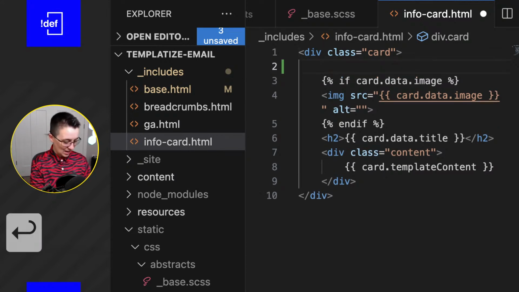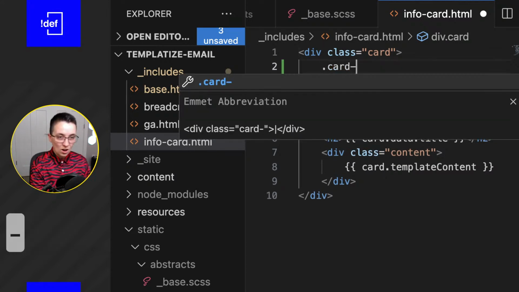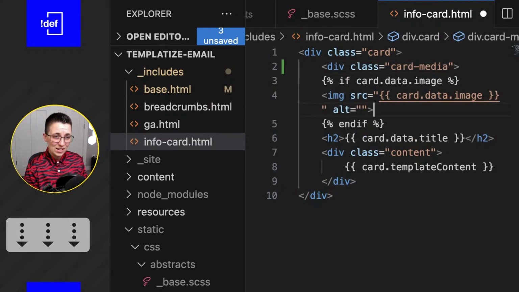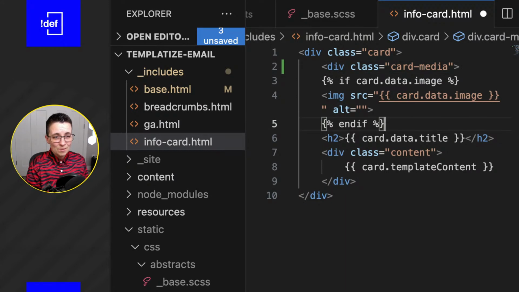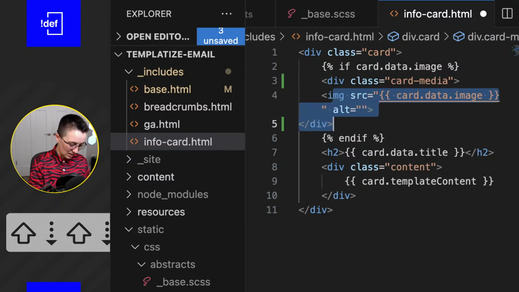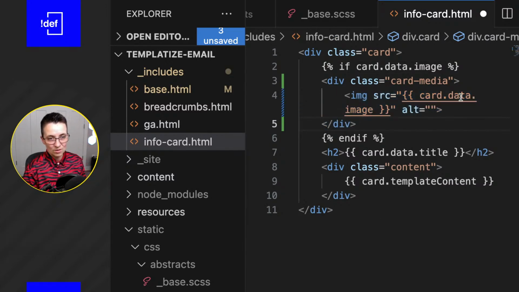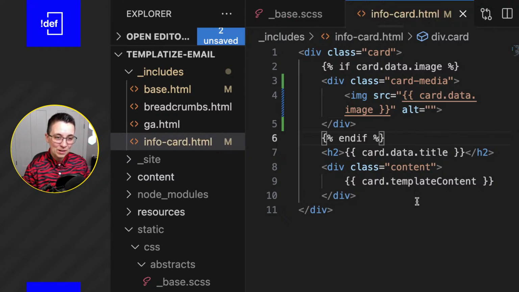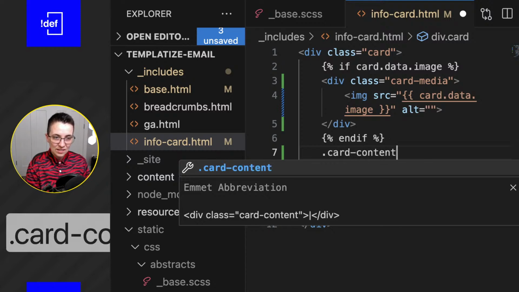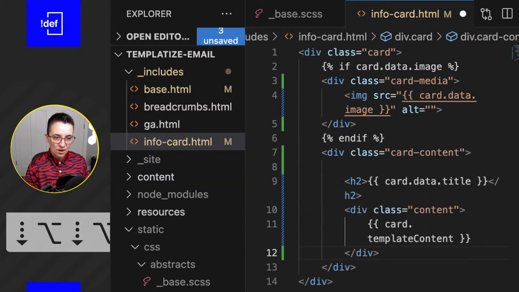So I'm going to add another class. I'm going to call it card-media, because maybe I'll have a video, maybe I'll have an image, who knows. Oh, and actually I'm going to add that inside this if statement, so that if there is an image, then it's going to create this card-media. We don't really need it if we don't have an image there. And then the last thing I'm going to do is a card-content, because this is going to hold all of our